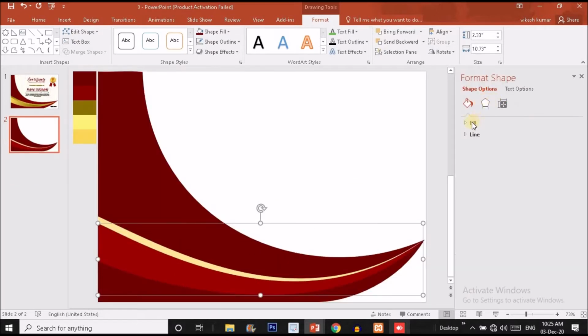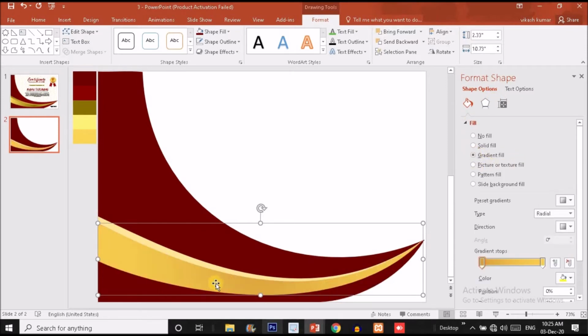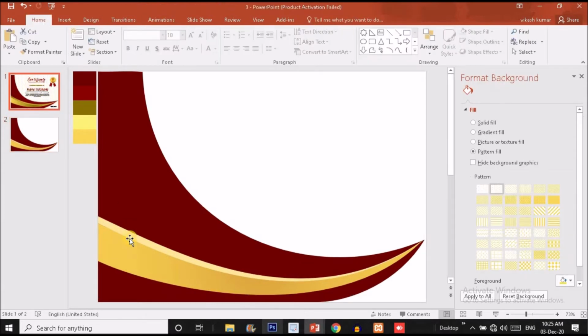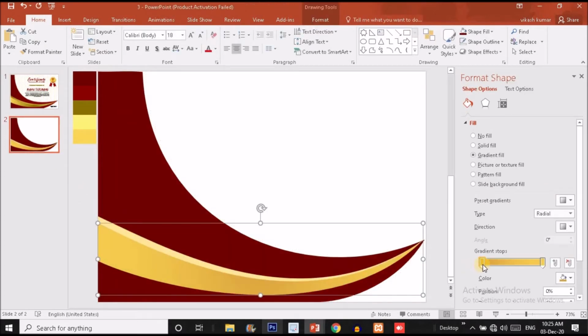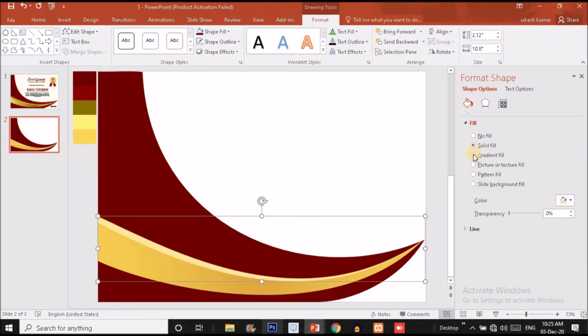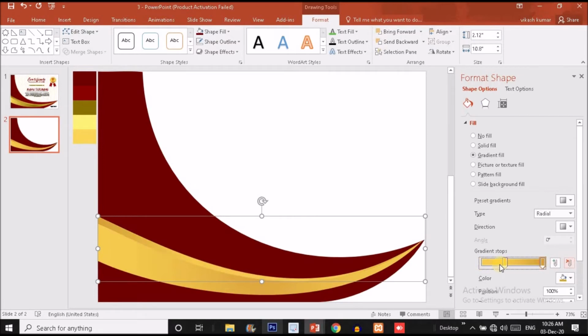So right click over here, choose format shape option, just click on fill and choose a gradient fill option. It will automatically fetch the color because I'm using this color in the previous shape right now. So for the left handle, I'm using the darker brown color, means I'm using this color. For the right handle, I'm using this color. So do the same with this. I'm using the gradient fill option, but you have to alternate the stops over here so that we can find darker brown color in the left side and lighter brown color in the right side, guys.